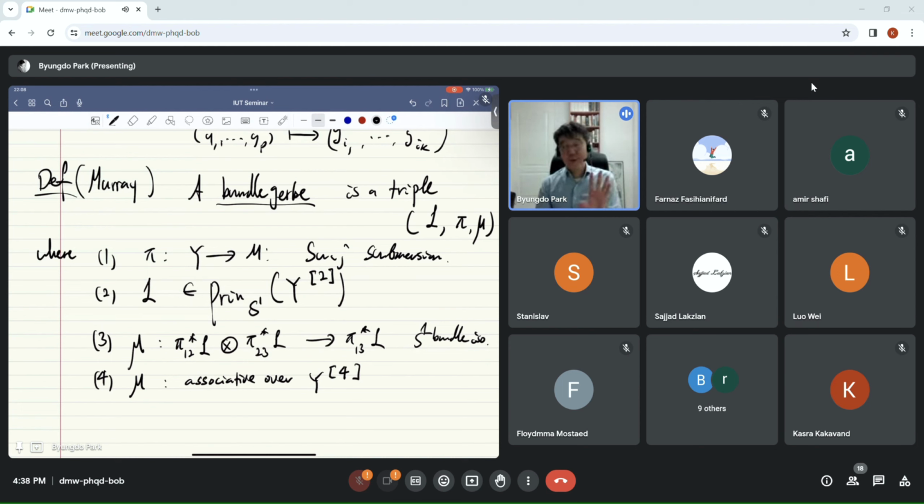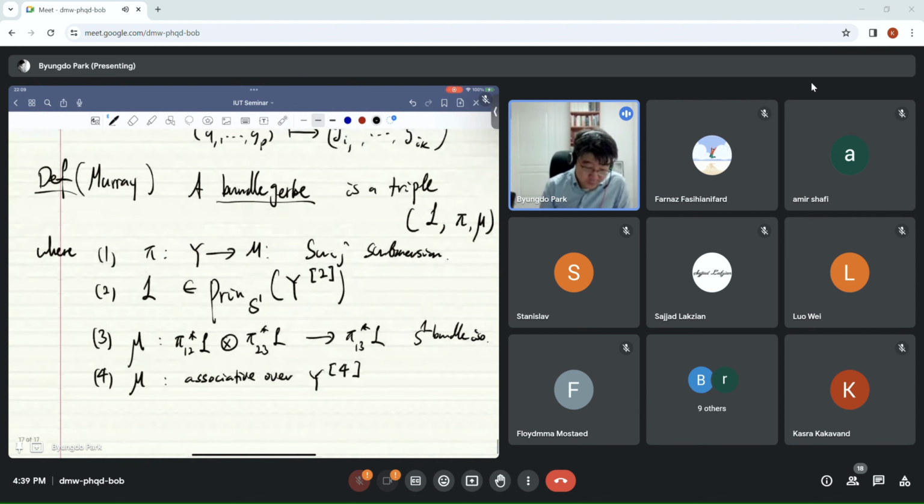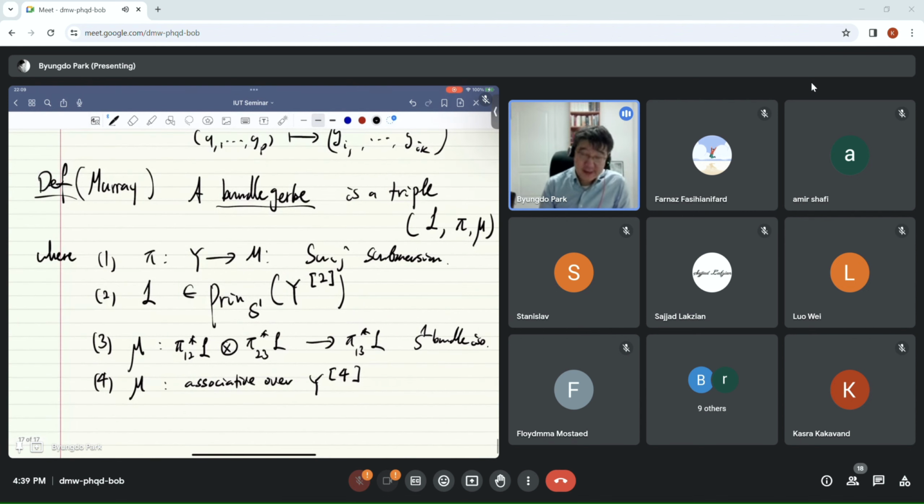So if you have this quadruple fiber product, then you have 4 copies, right? And then you first take parentheses among 2, and then you apply the multiplication map, and then do another multiplication map, and then you take different parentheses, and then doing the same, they should agree. So that's the condition. So this might sound quite abstract, but